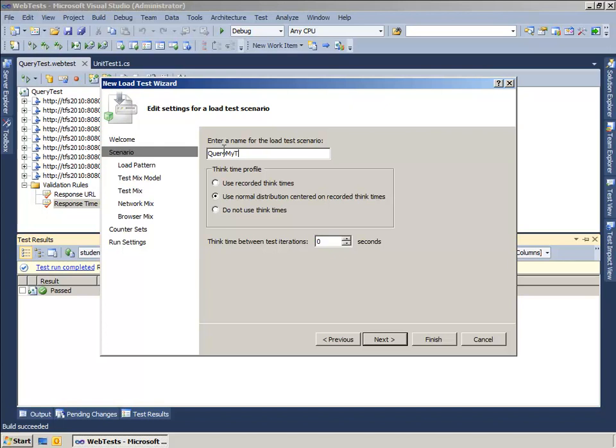Give it a different name, like query my tasks. As you remember, in TFS we were querying the my tasks query. The think time between iterations is what you will need to do when performing real tests. So setting like 3 or 5 seconds, it depends on your users actually, because if your users are using your